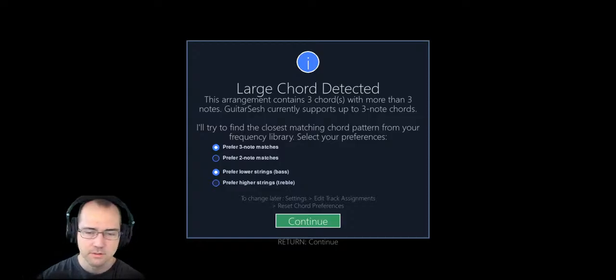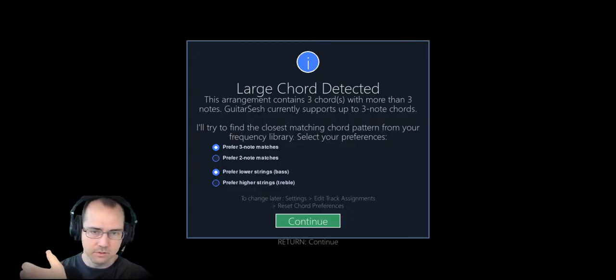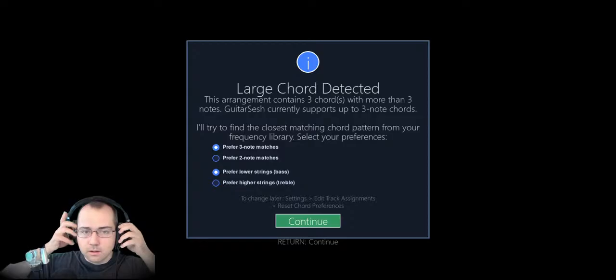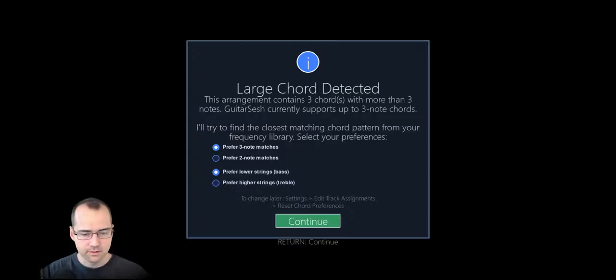So I had to address it because my initial resolution was, well, I'll just edit the guitar profile to be 2 or 3 notes rather than 4, 5, or 6. But that's not a long-term solution. The long-term solution is to actually address the issue, not solve it per se. I'm not going to add support for that just yet